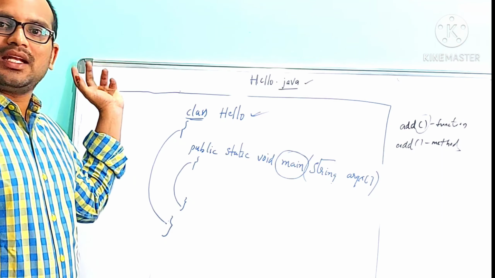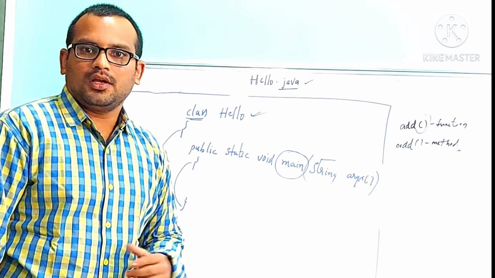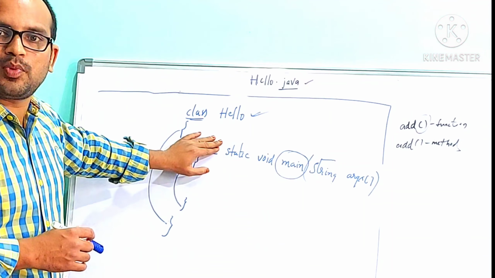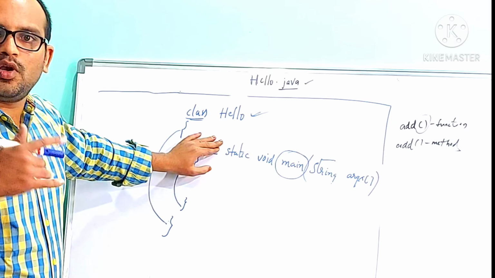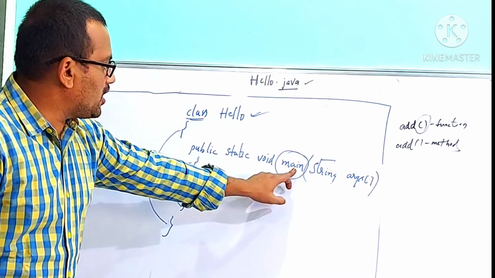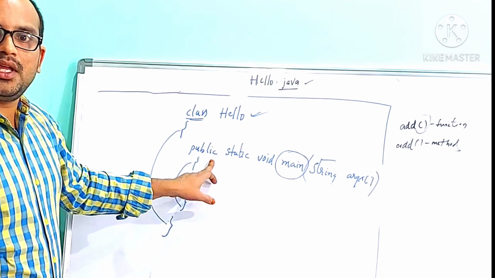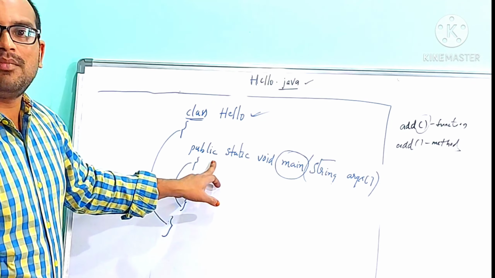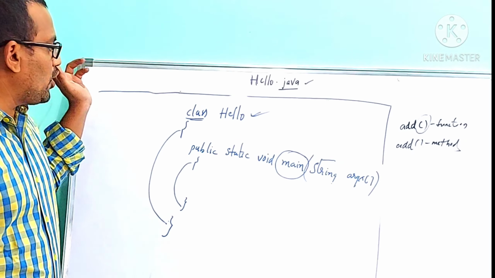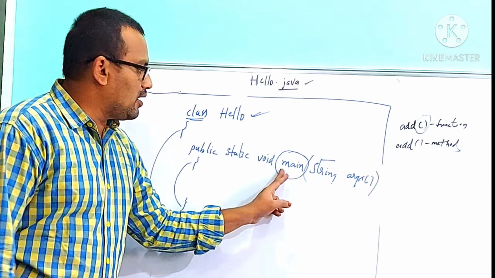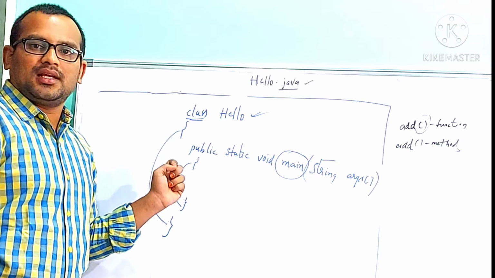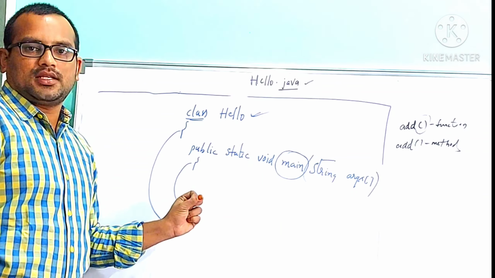Public means anybody can access it. Suppose we have a public park, anybody can use the public park. If I use private instead of public, it means only particular persons can use that property. So I am making the main method public, which means anybody can access the main method. The JVM is going to access the main method, which exists inside the class from outside, so we are making the main method public. Okay.